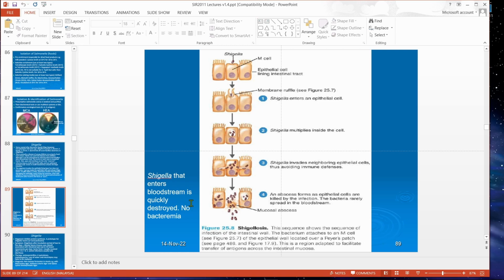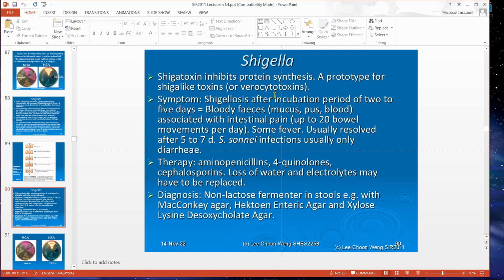Okay, so it causes damage in the peripheral cells, in the neighboring cells. It just spreads. Okay, but it doesn't go to the lymphatic system. It doesn't go to the bloodstream. It is able to carry this out because it has toxins, Shiga toxin, and